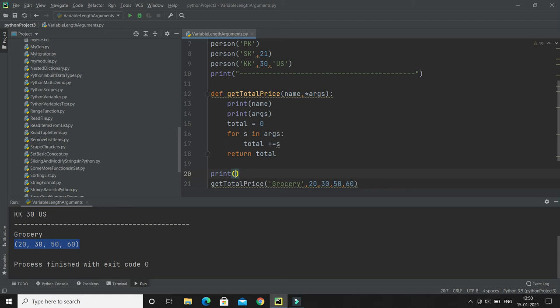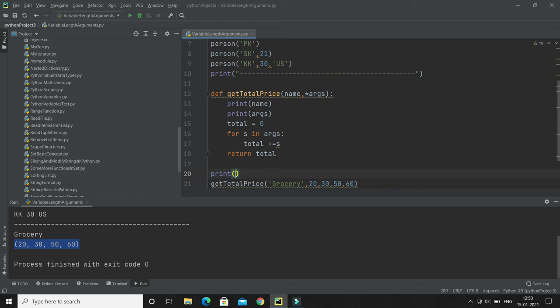So I'm going to define another method, get price 2, and here I'm going to assign asterisk asterisk kw. Whatever parameters you pass while calling this method, method 2, sorry guys, method 2, so it is total get price 2.